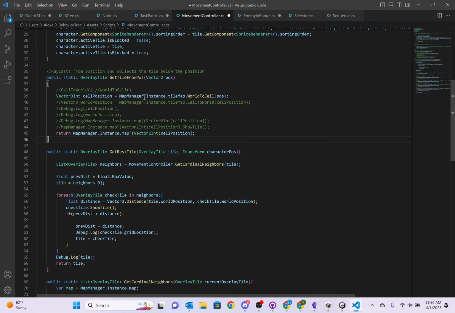And the really nice thing about Unity is that it has the functions built in. So all I have to do is say get tile from position, hand it a position, and then I can get the cell position from a tile map. And since this map manager is not a static class, but a singleton, I don't really want to get into what a singleton is right now, but it's a variant of a static class. It's not necessarily static, but it goes into other scenes. And so we have the instance of that class